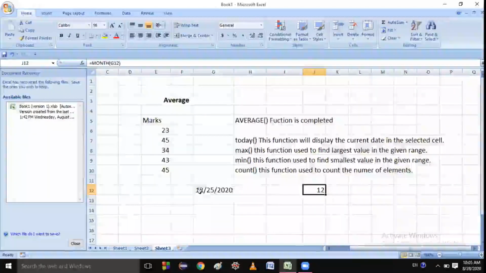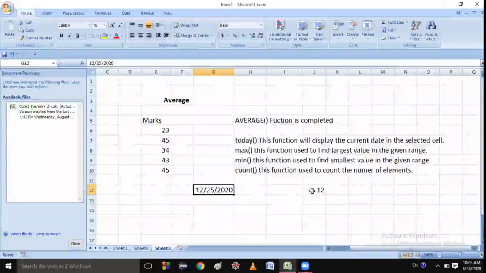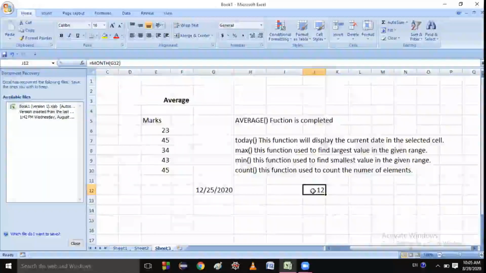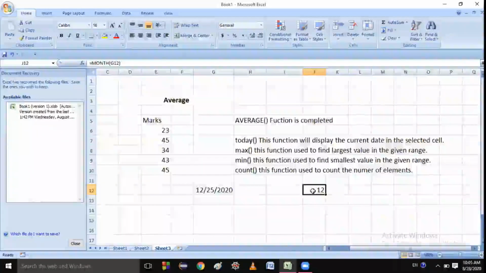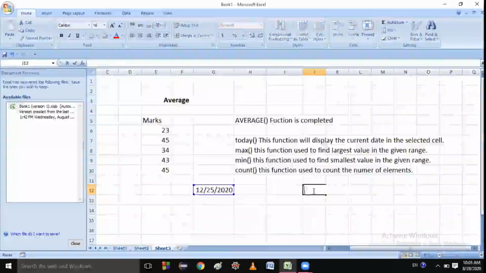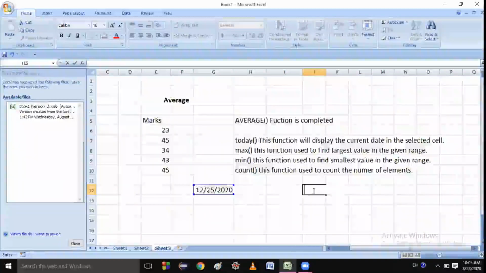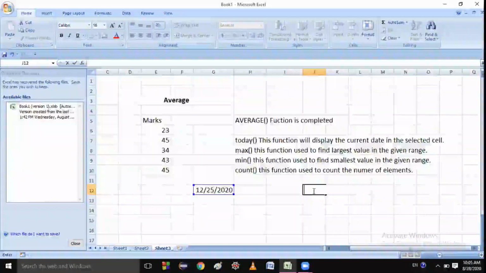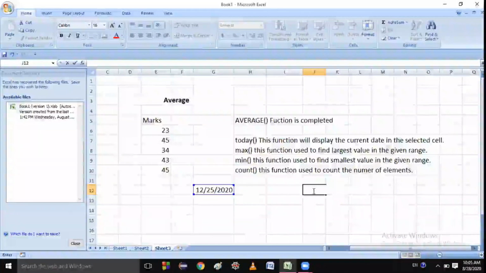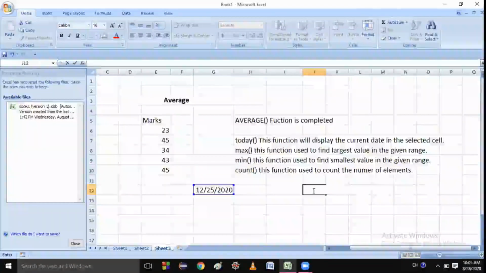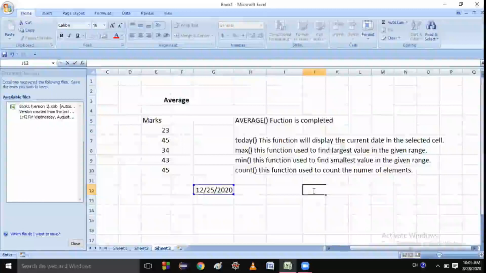So the month is 12. Sir, first we have to write the correct date, then we have to write the formula. Right. So basically, this function is used to get the month and the year from the given date. Is it clear?